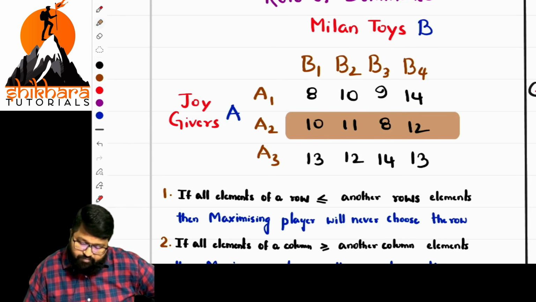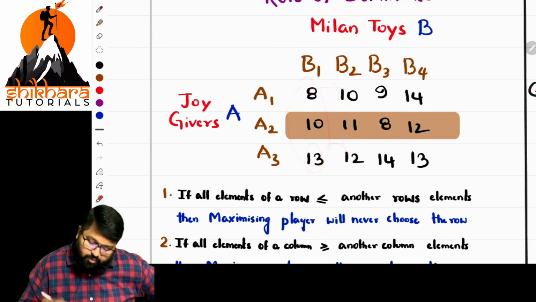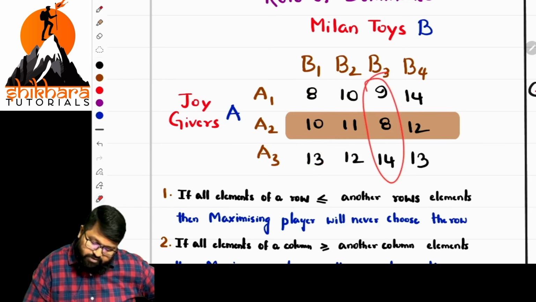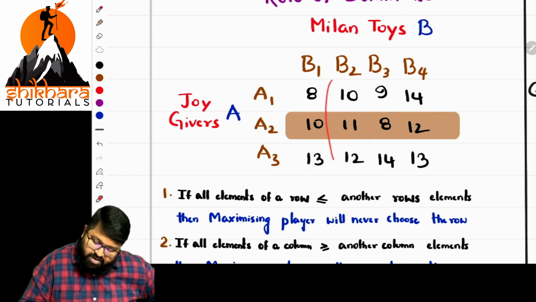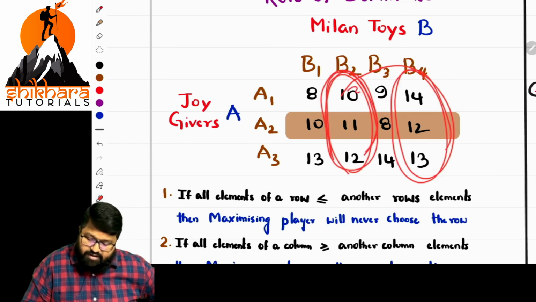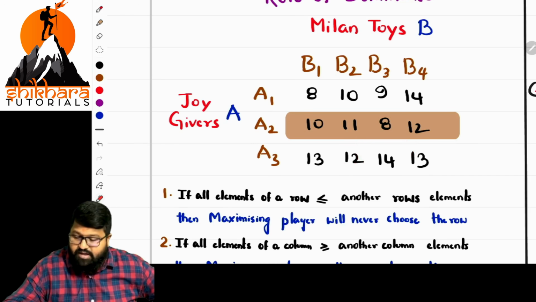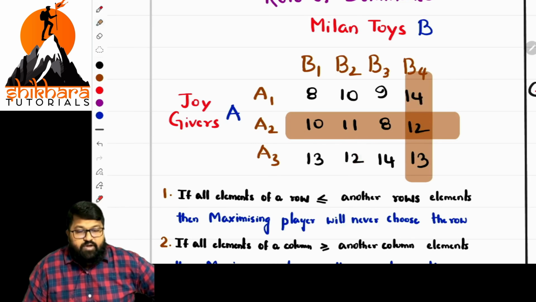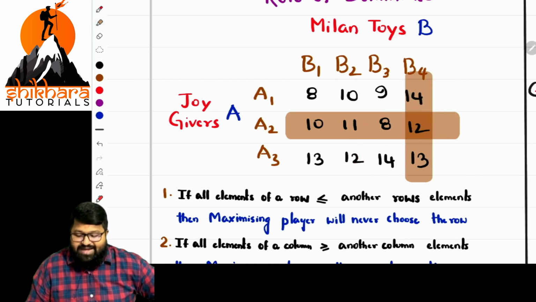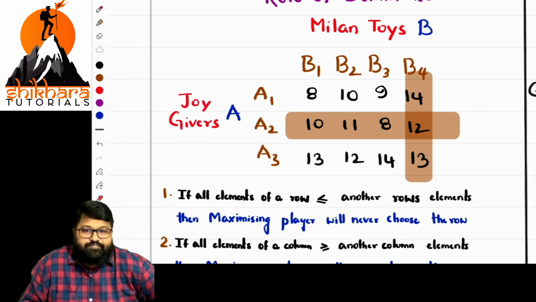Sir, which is the highest column? When we compare this, is it highest? No. Is it highest? No. Is it highest? No. What about the other things, these two comparisons? No. Let us compare these two things. If I compare these two, when we compare 10, 14 is highest, and if we compare 12, 13 is highest. So the highest value part can be eliminated easily. This part is eliminated. Now what to do? We are left with 8, 10, 9, 11, 12, 14. So what is the possibility for us to eliminate? Anything can be eliminated.